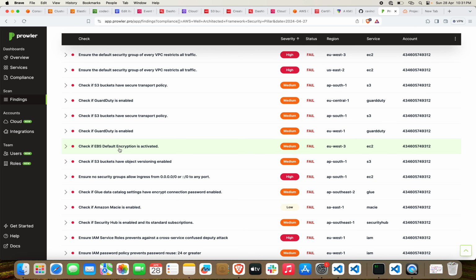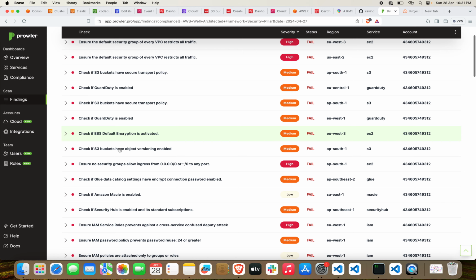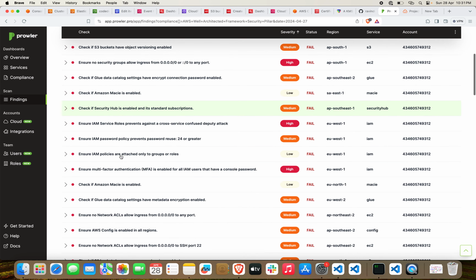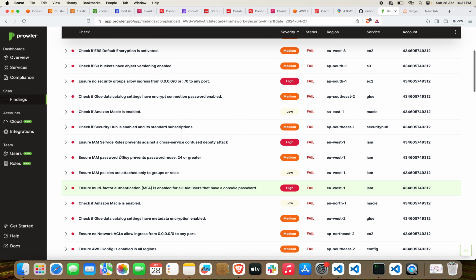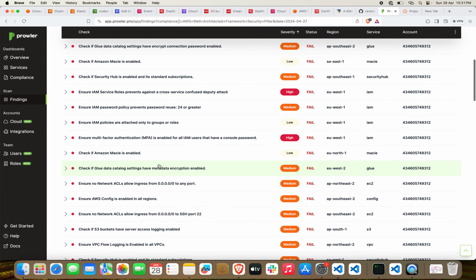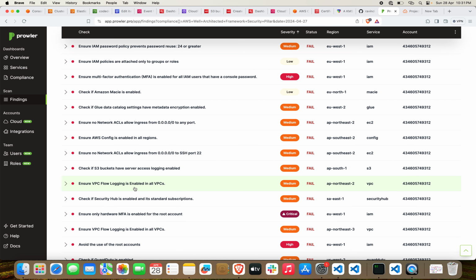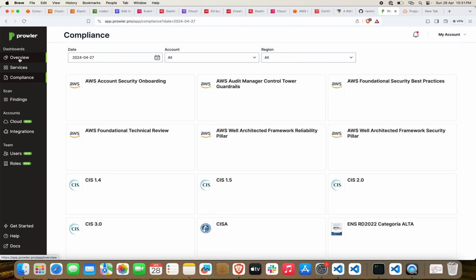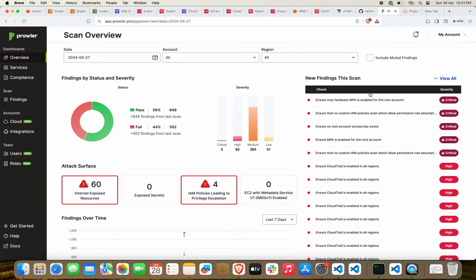EBS default encryption is not enabled, so we should enable EBS encryption on all the EC2 instances. VPC flow logs should be enabled. And if I click here on the cloud compliance overview, from here